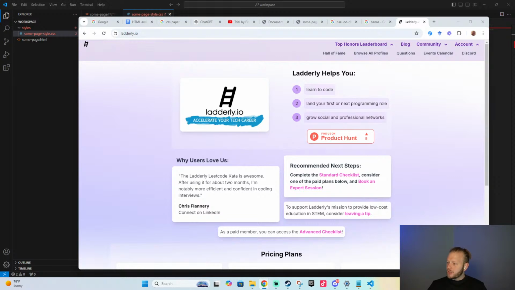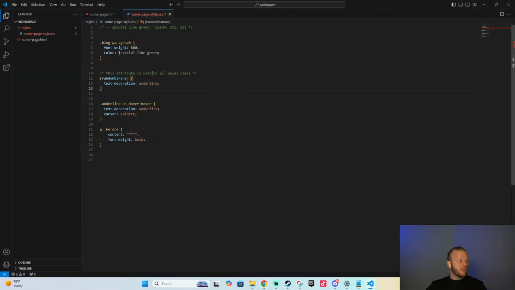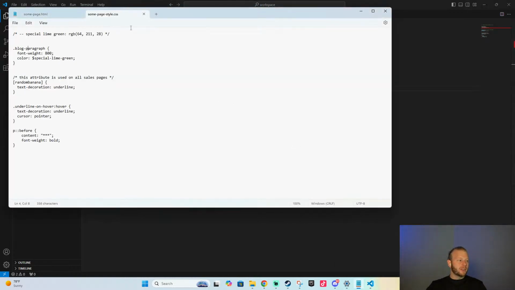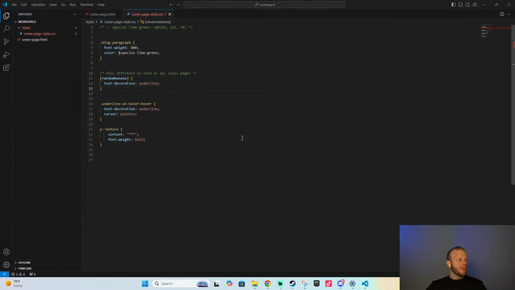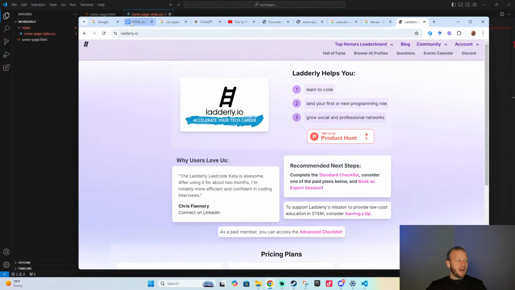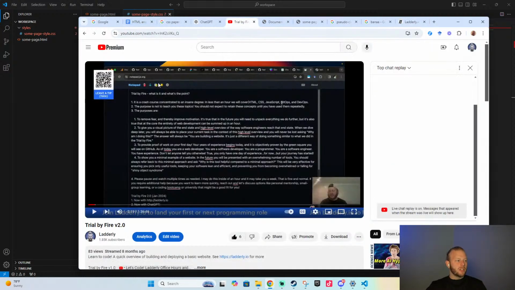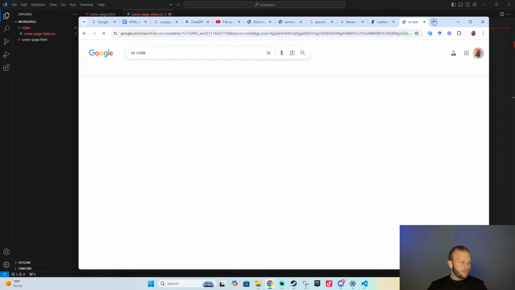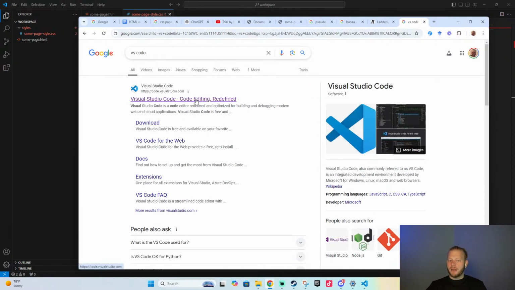Pratik says, been so used to VS Code that even HTML seems hard on a notepad. Yeah, once you get used to the features of an IDE, you're never going to want to go back to this notepad stuff. So install it. I hope you'll check out how to do JavaScript next. The trial by fire is also going to teach you how to install VS Code. It's not much to it. You just go to VS Code and install it for your platform, whether you're on Windows or